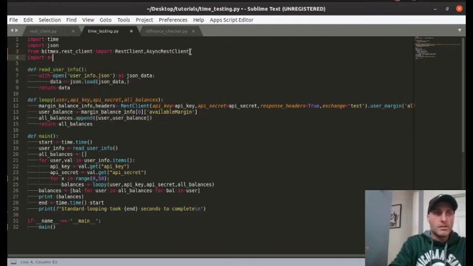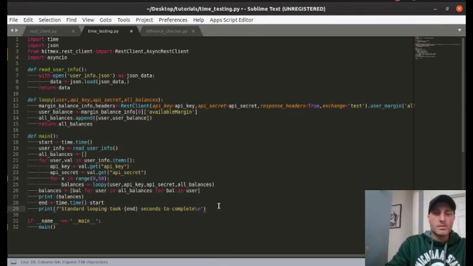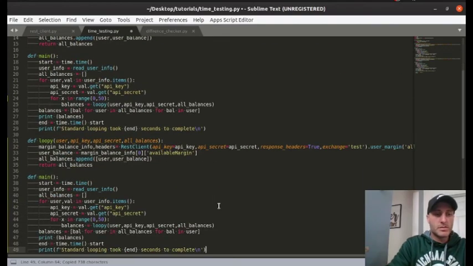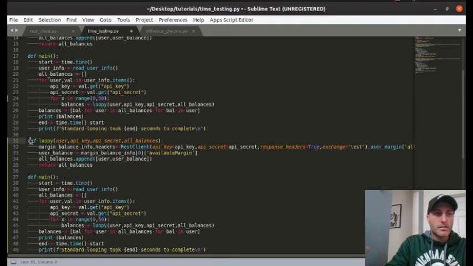And over here, we want to bring async IO as well. Do that. And then we'll copy these two here. And again, we're trying to keep it just about as similar as we can. So just got those two over again. We're going to make these async def. We'll call it loopy2. And then we'll say